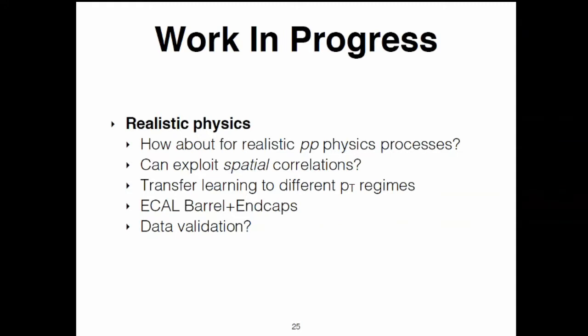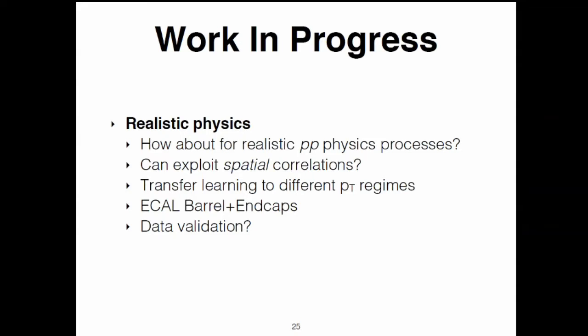So this is all I can show you for now, since we have to go through approval. Because this is a detector level image, we actually have to get approval from ECAL, from E-gamma reconstruction. And if we want to show you physics, we have to get approval from the physics group as well, which we don't have, so we can't really show you. But I will tell you a bit about what we're doing.